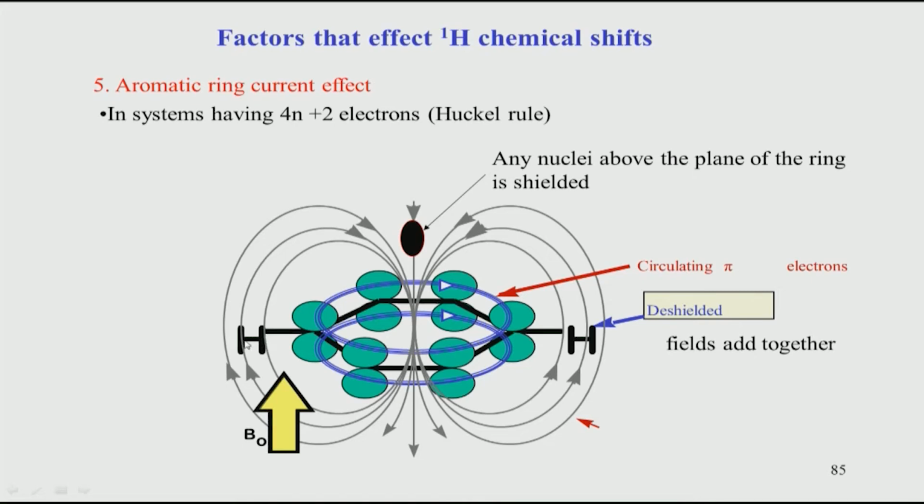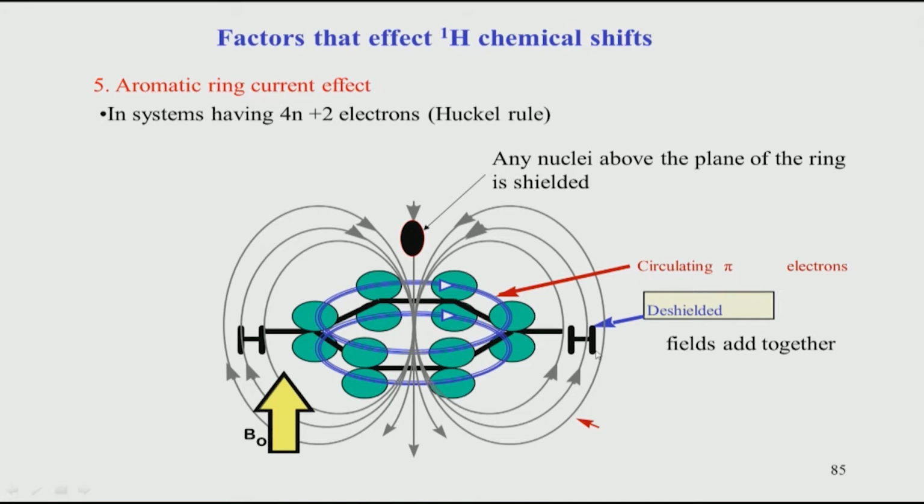In other words, it results in deshielding of this hydrogen. It is not shielded. Shielding means opposing the main magnetic field, deshielding means supporting the main magnetic field. So, you can see here it is a support of the main magnetic field, and therefore, this hydrogen appears deshielded. And that is the reason why in an NMR spectrum you will always see the aromatic ring protons, the